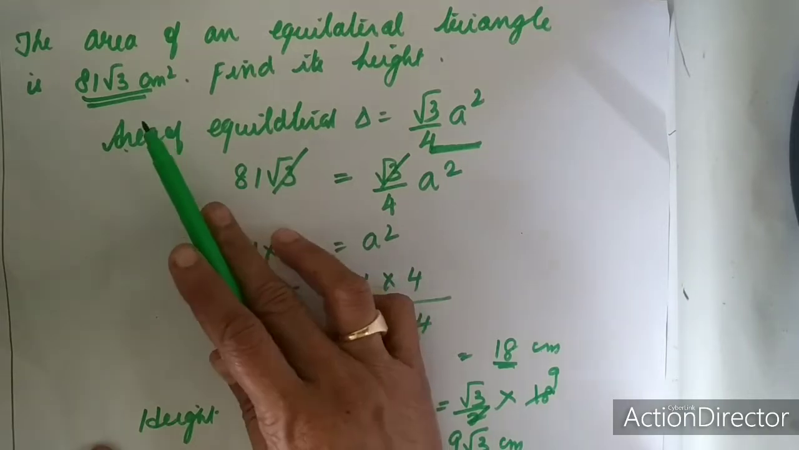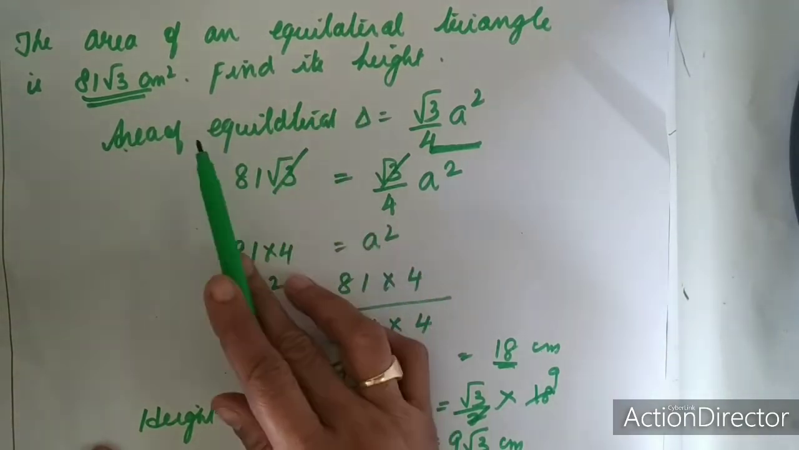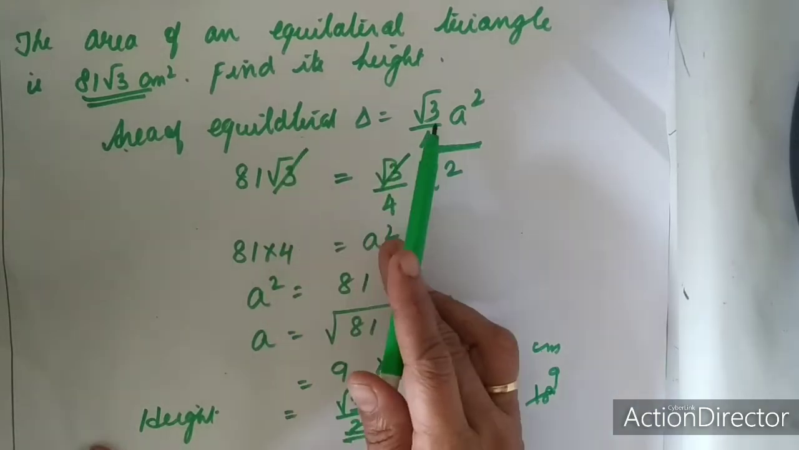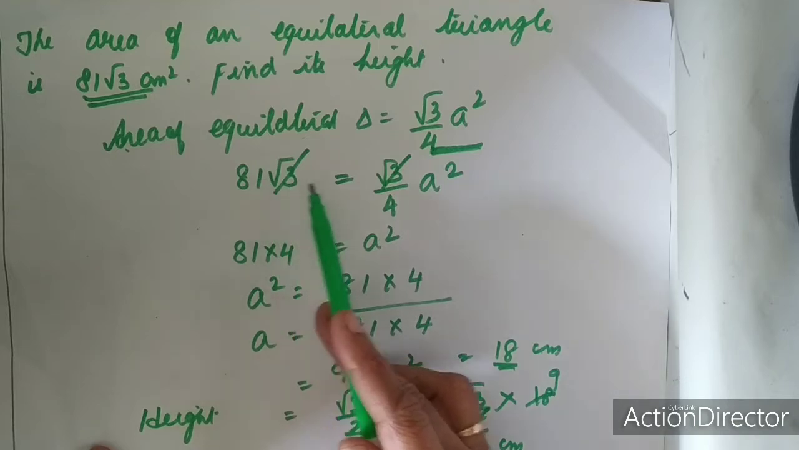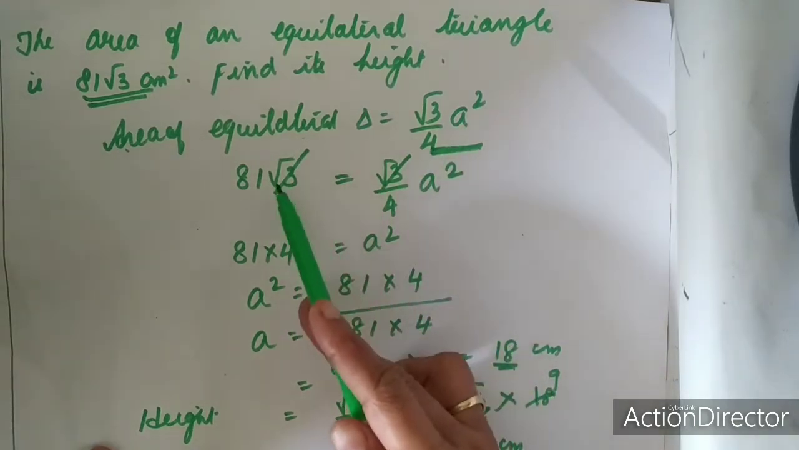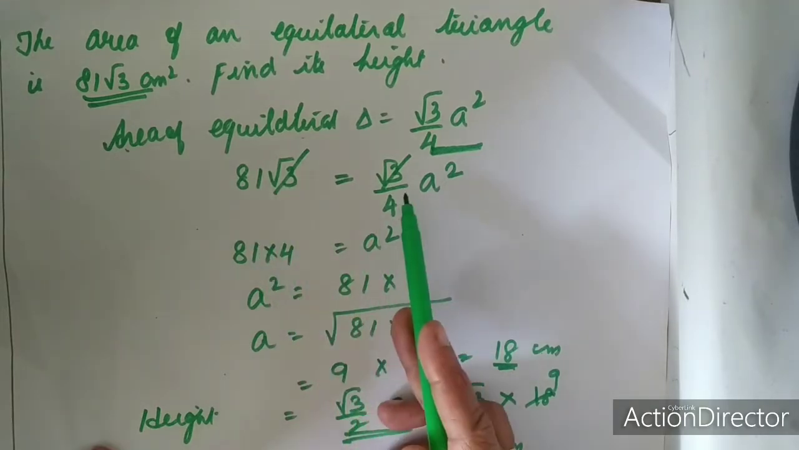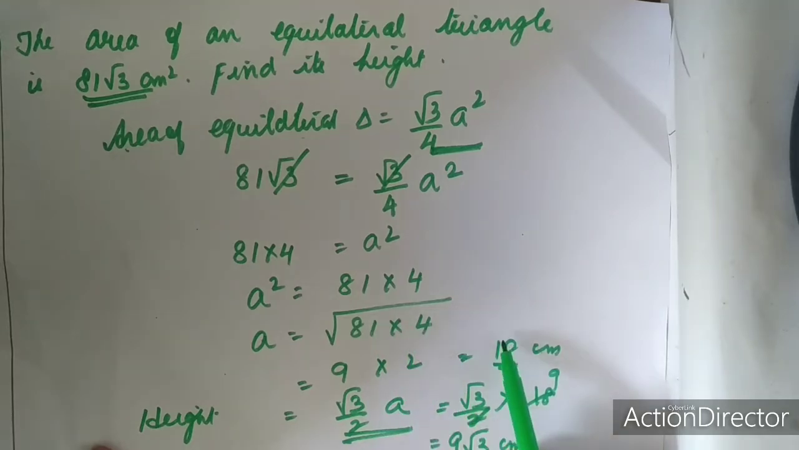Here the area of an equilateral triangle is given as 81 root 3. You have to find the height. So what is the area of equilateral triangle formula? Root 3 upon 4 a square. Area is given as 81 root 3 and this is root 3 upon 4 a square. So I can cancel root 3 on both the sides. I will be getting 81 into 4 is equal to a square, or the value of a will be 18